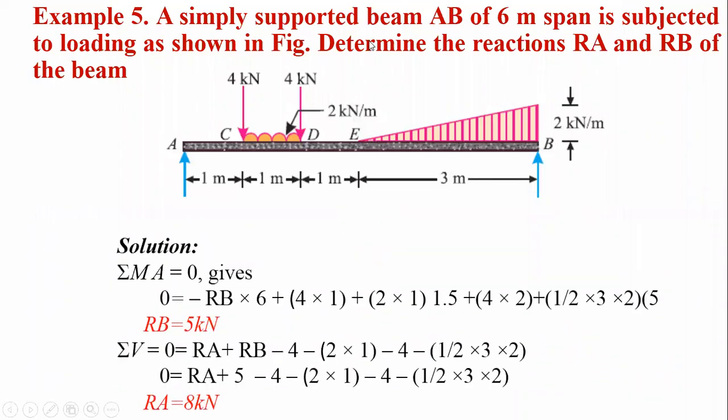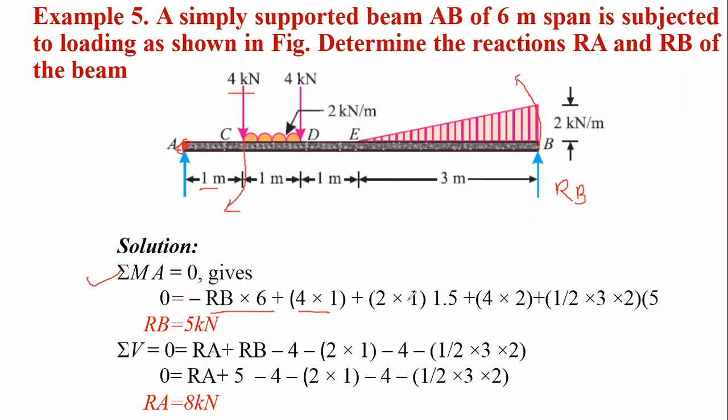Again, as usual, we start with the summation of all moments about any point equal to 0, and we are taking the moment of all the forces about point A. Okay, now let us start with this. First of all, reaction RB. Due to this reaction RB, it makes an anti-clockwise moment about point A, and the perpendicular distance is this 3 plus this 3, it becomes 6, that is RB into 6. Now for this 4 kilonewton force, the perpendicular distance is 1, 4 into 1, it makes a clockwise moment